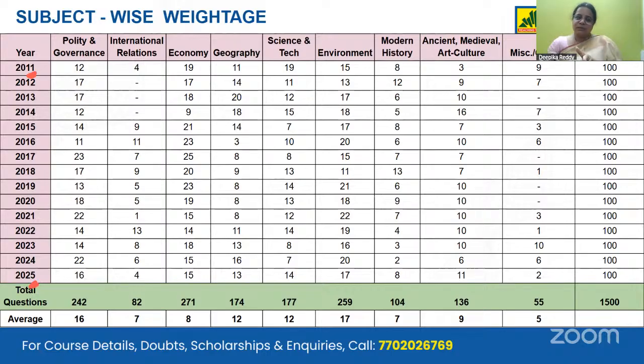But from 2011 onwards, it's not like that. 1 year, if you notice in polity, 1 year you had 23 questions, but there were years where you had only 11 questions. So how many questions you'll get from each area is not fixed, which means that you cannot leave any area uncovered. Anything that is in your syllabus, in your main syllabus, has to be covered because anything can be asked.